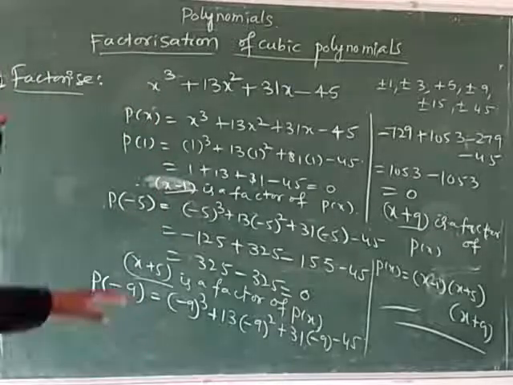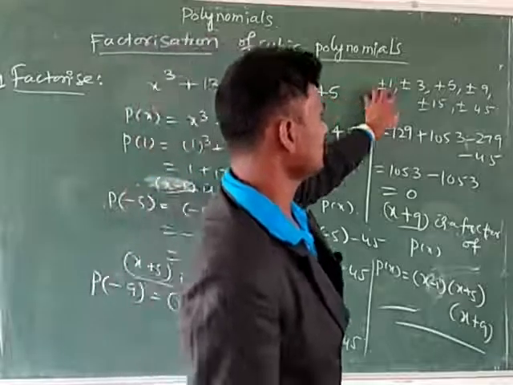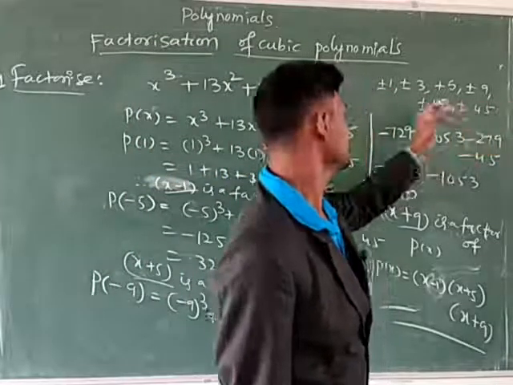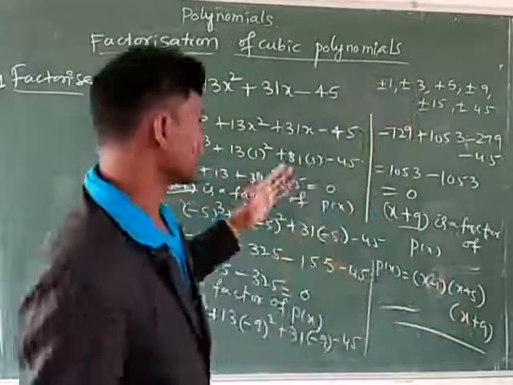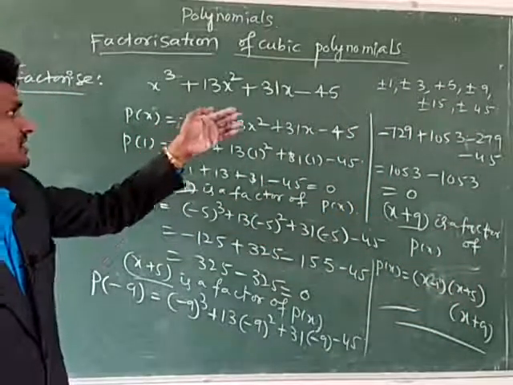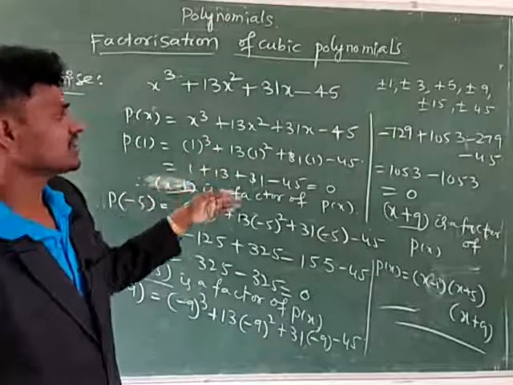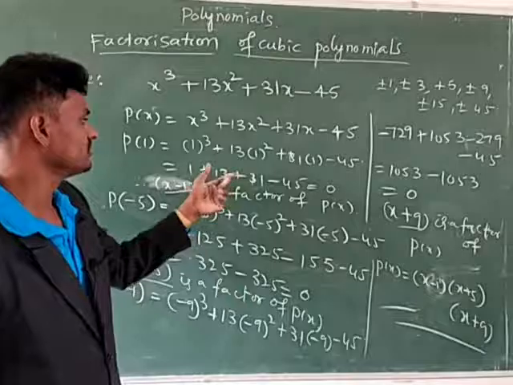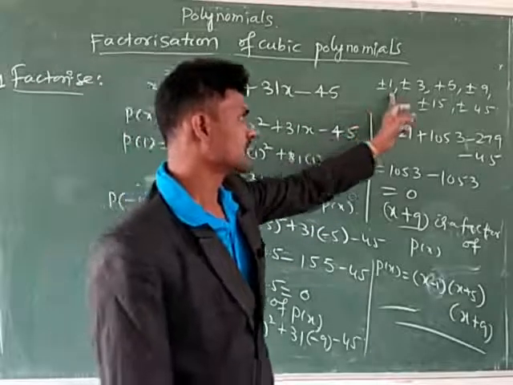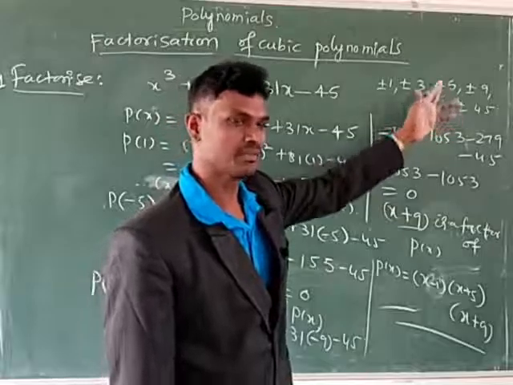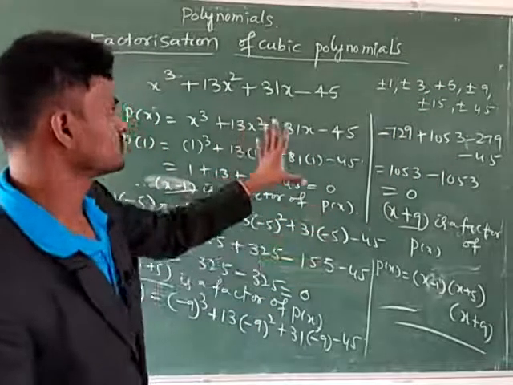Once again see here, given the polynomial's constant term, you have to write all the factors. All the factors means this 45 is divisible by which numbers you have to check. Those numbers, plus or minus, you have to take here. Then each and every number you have to substitute here instead of x. Then which constant value makes it equal to 0, you have to check each and every value. Here 1, minus 1, 3, plus 5, minus 5, each and everything you have to substitute here. Then only 3 values are possible.